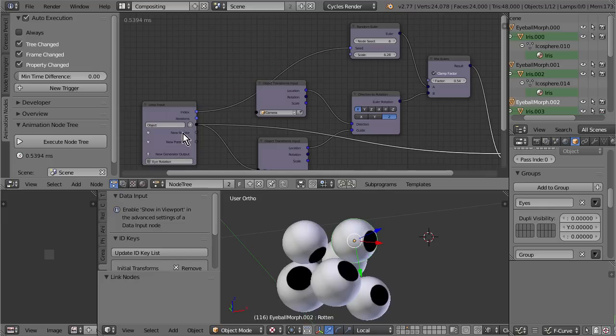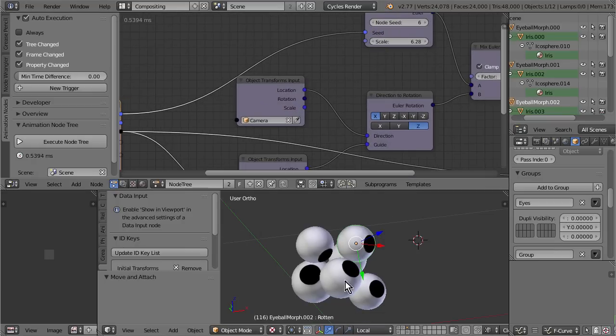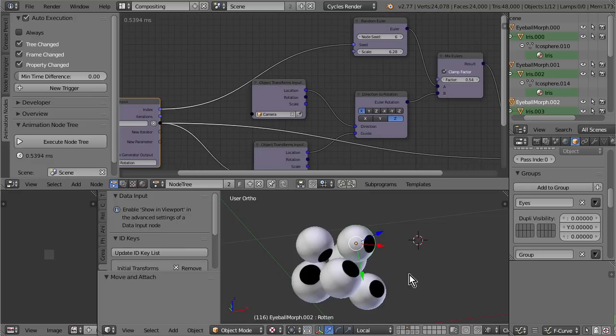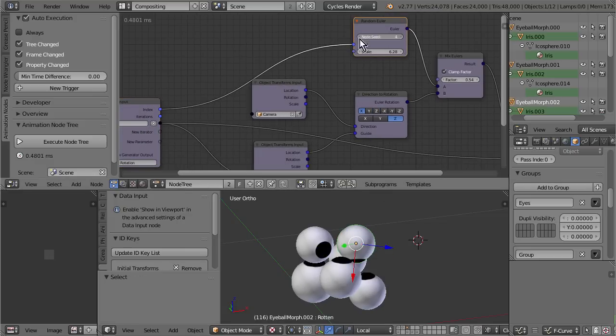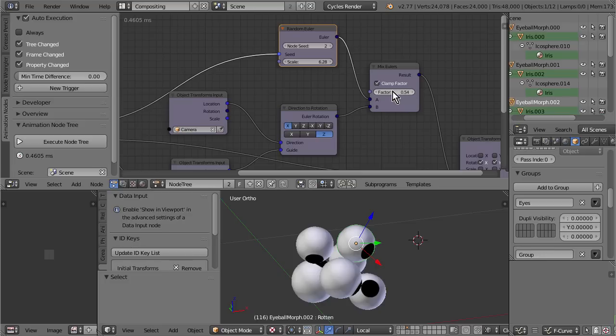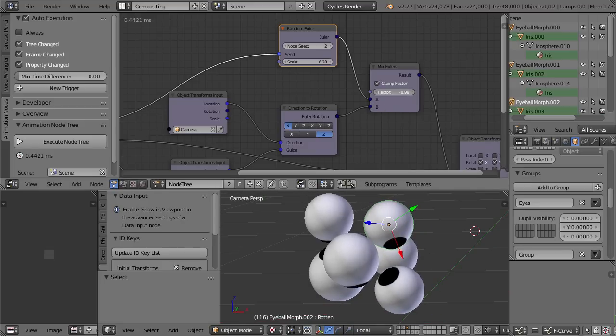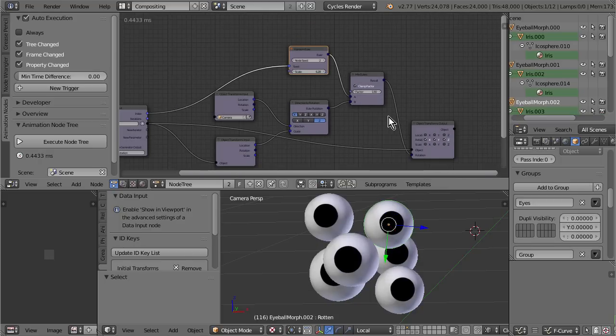Alright, let's connect the index of the object, which is basically object 0, object 1, object 2, and so on, to the seed. And that means we generate a different random value each time we run through the loop. If you don't like this constellation, you can change the node seed. I like this way. Okay, so now all the eyes look in a different, random direction. If we animate the factor up to 1, they all look at the camera. So they all look at us if we change the factor to 1.